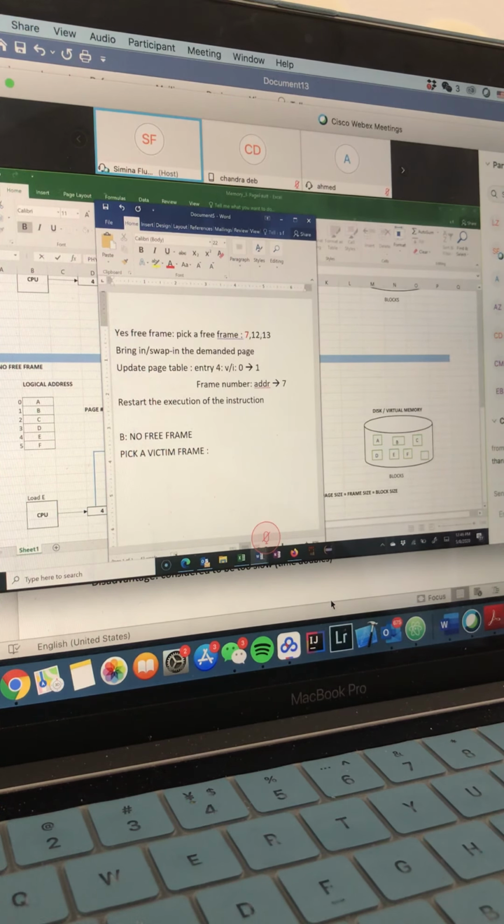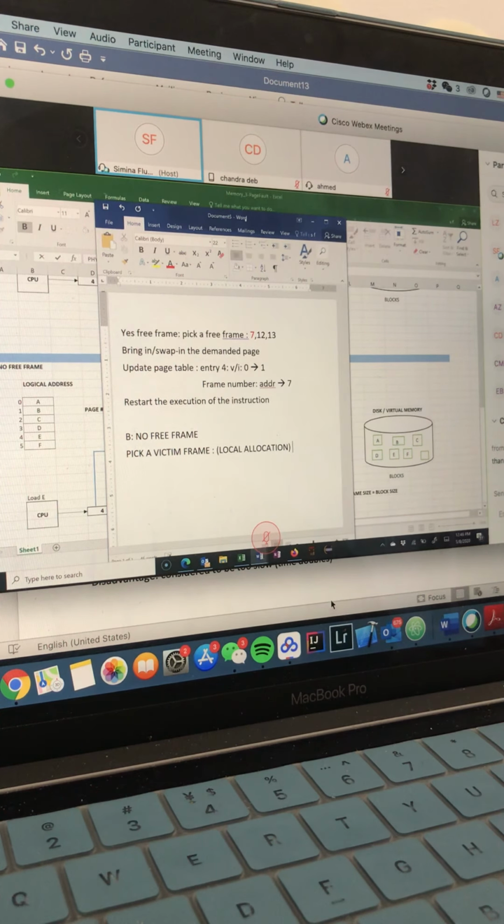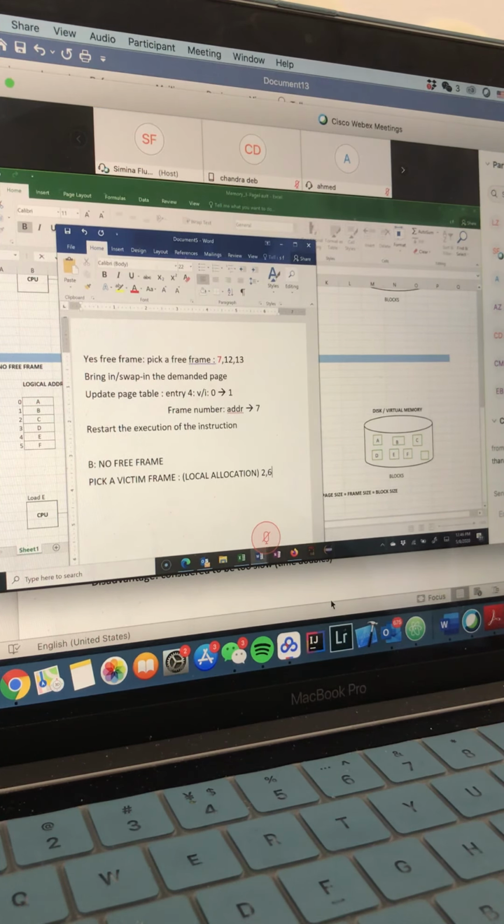So if I use local allocation, then I'm limited to the frames that are given to the process. In our case, these are frames 2 and 6. If I was using global allocation, then I wouldn't pick the frames given to the process. I will pick any other frame, any frame that is given to a different process.